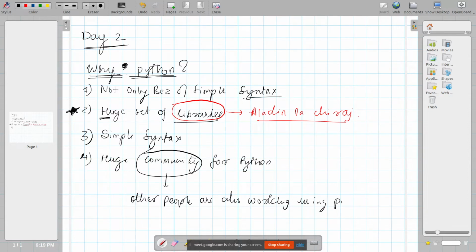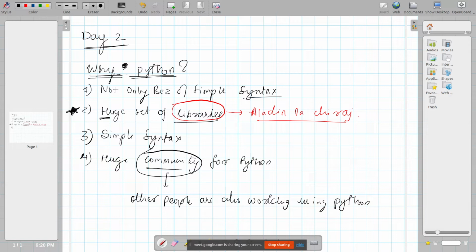So you might ask me a question, why do I need actually huge community? Yes, you need huge community because for sure you will end up in problems. Whenever you will be running Python programs, for sure you will get errors, and when you get errors, you need someone who could help you out. If there are many people working in Python, then obviously many people must have already got those errors, and the solutions to those errors must be already available online on the internet, and you can easily find that.